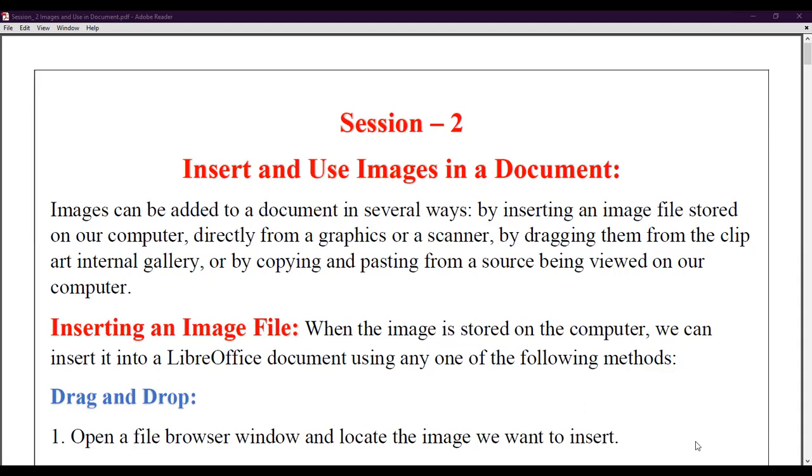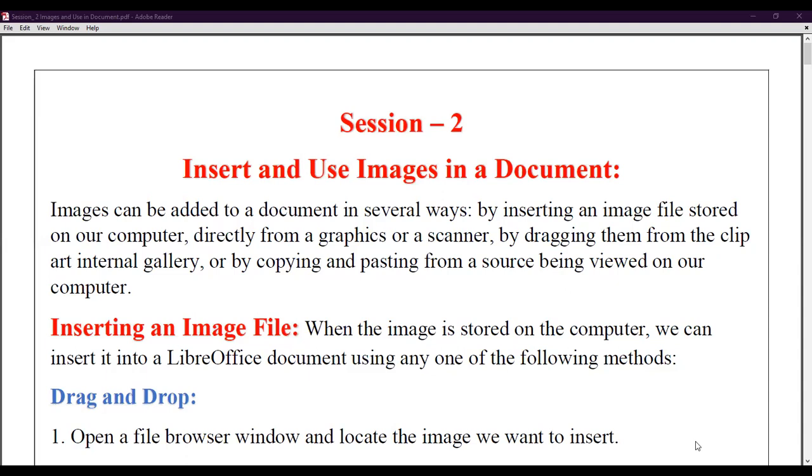Images can be added to a document in several ways: by inserting an image file stored on a computer, directly from a graphics program or a scanner, by dragging them from the clip art gallery, or by copying and pasting from a source being viewed on a computer. As our notes say, we can insert an image in different ways. The very basic way is that you can copy and paste it from a source.